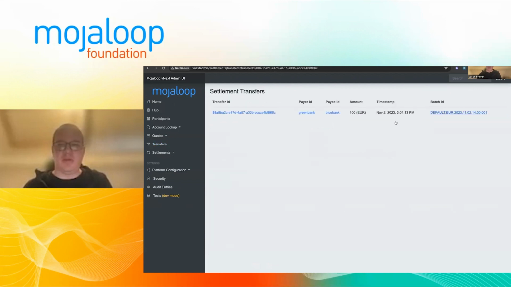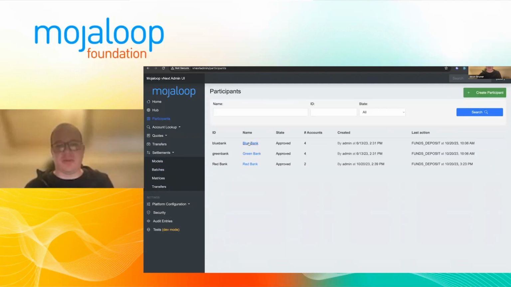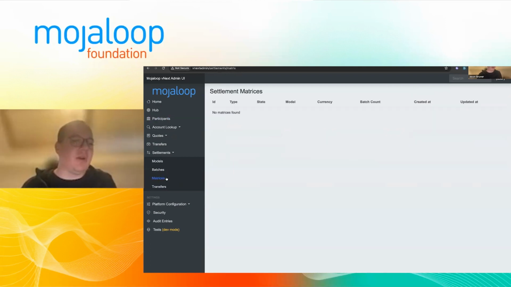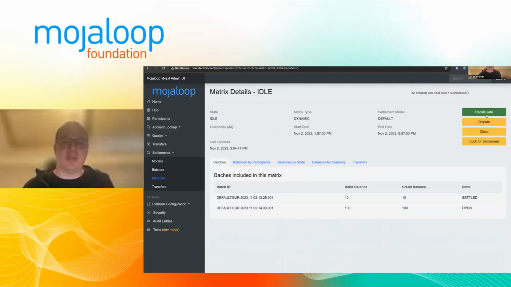I can see over here that if I go run again, and go back to my participant, I've got another position value over here. But if I reference one of my previous matrices, you can see here it detects that it was out of sync again. So when it recalculates, boom, I've got my open batch, because this matrix rules included the whole day